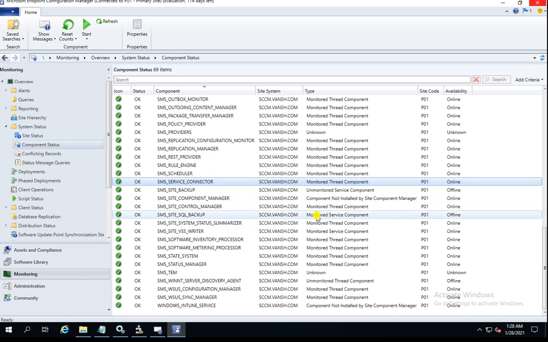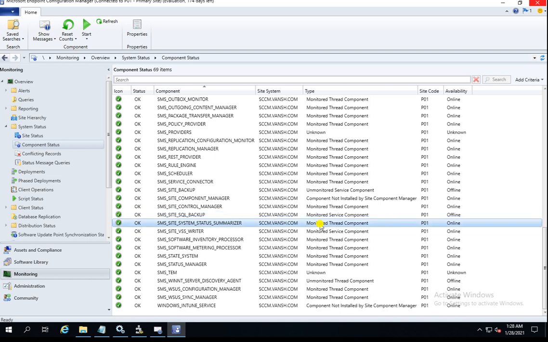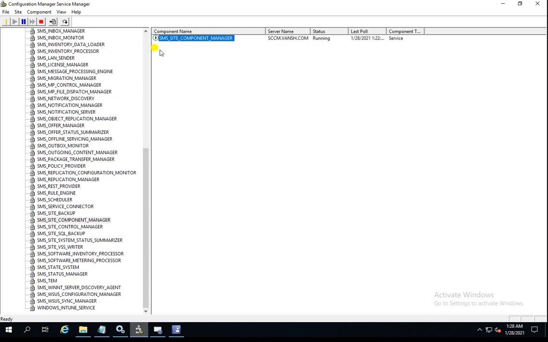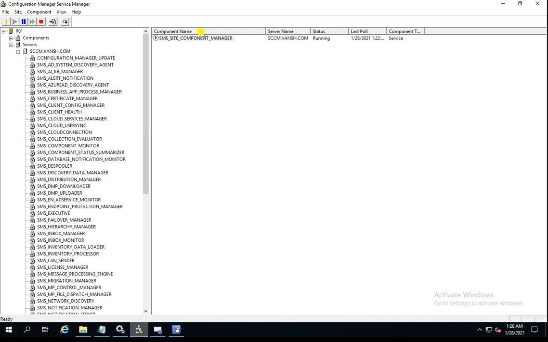Then we have different steps to follow. Sometimes it is resolved by restarting the services from the service manager. But if it is not resolved, then we need to check the log file to see why it is happening. So this is the first step for troubleshooting if your site component is not working.